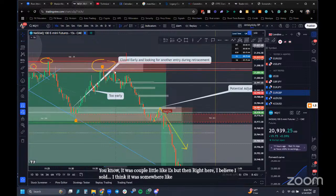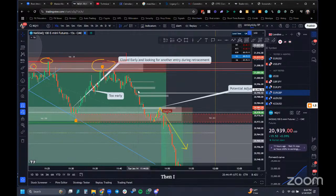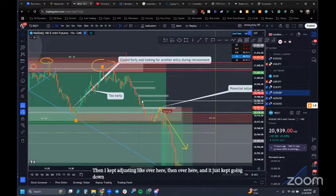I sold and then I had my stops up here, didn't hit. And then as price kept going down, I adjusted up here. Then I kept adjusting like over here, then over here, and it just kept going down. And then it did this whole move right there. I actually kept my stop there because I wanted to see it